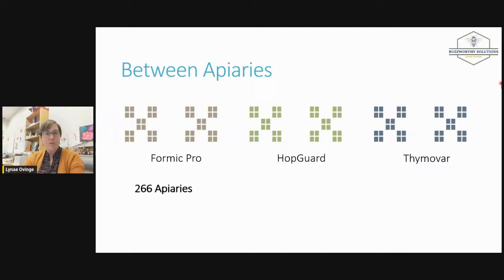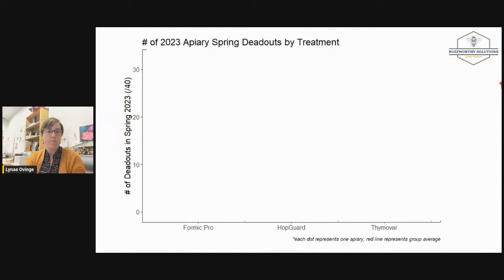So I know right away you guys are all thinking, well, how do you do this? He's not doing mite washes on that many apiaries. And he simply did it by recording the number of deads in the spring, which I really want to underscore how easy this was for him. He simply had to write down which yards got which treatments and his winter kill in the spring for each of the yards. And I would say that these are things that most of you are already writing down. A lot of us write down the number of deads in each bee yard because that way we know how many live hives to bring back to those bee yards.